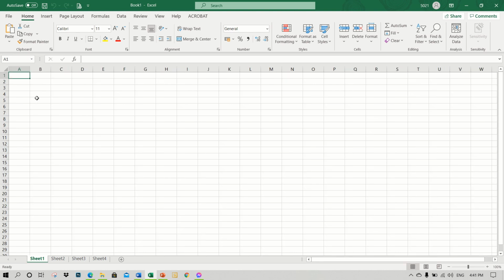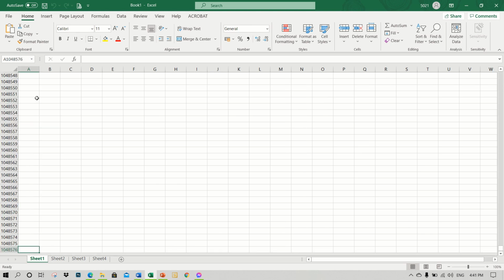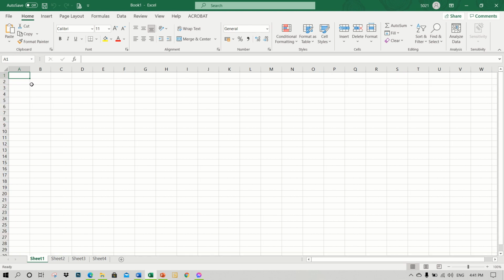And about sa row 1, 2, 3, 4, 5, up to row 1,048,576. So, ganyan kadami yung rows and columns sa isang worksheet. So, kung gaano kadami yung column at row sa sheet 1, ganun din of course sa sheet 2, sheet 3, and sheet 4. Okay, so you could just imagine kung gaano kalaki ang data na pwedeng i-hold or i-interpret, i-manage